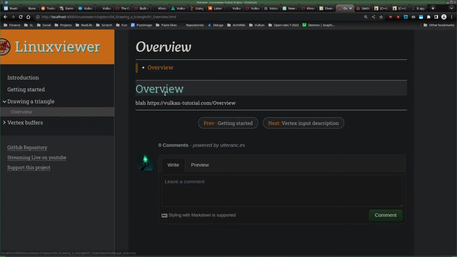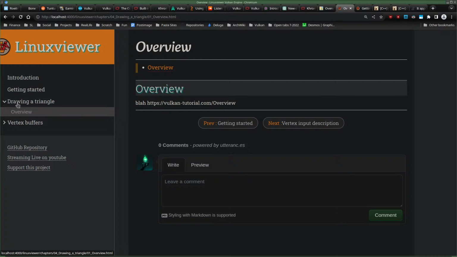So yeah, overview. Now this is the same as that, because it's just a table of contents. What shall I use for headers? On this page we already have a Linux viewer, and then we have drawing a triangle.